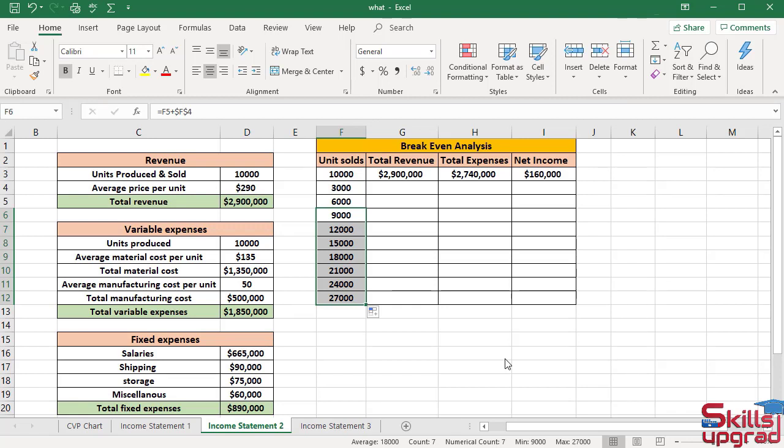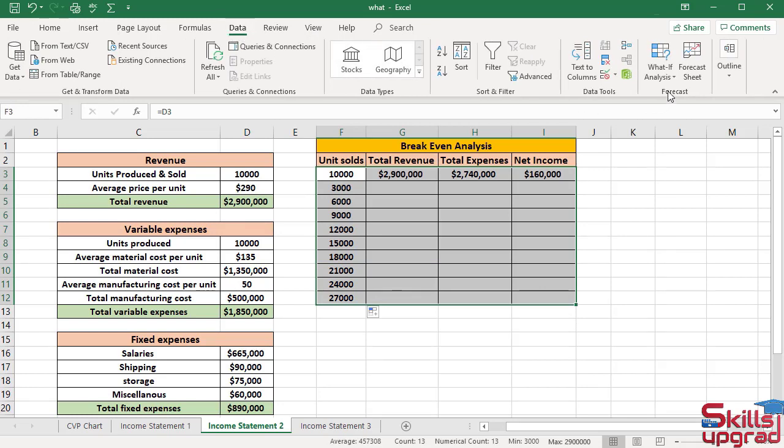In the income worksheet, the input values are in the first column. So I will use the column input cell option. If I had oriented the table so that the input values were in the first row, I would use the row input cell option. First select the cell references range, then click in Data tab, Forecast group, click What If